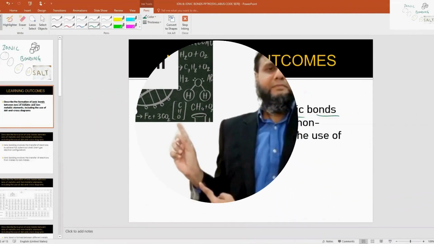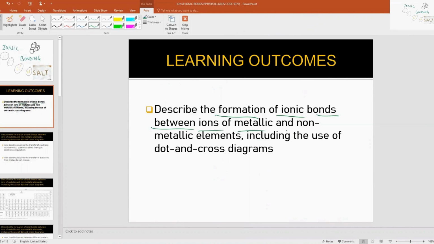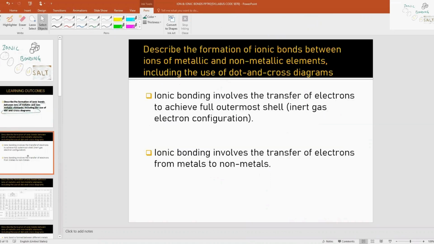Of ionic bonds between ions of metallic and non-metallic elements, including the use of dot and cross diagrams. Ionic bonding involves the transfer of electrons or electron to achieve a full outermost shell or inert gas electron configuration. It also involves the transfer of electrons from metals to non-metals, which means the transfer of electron is taking place